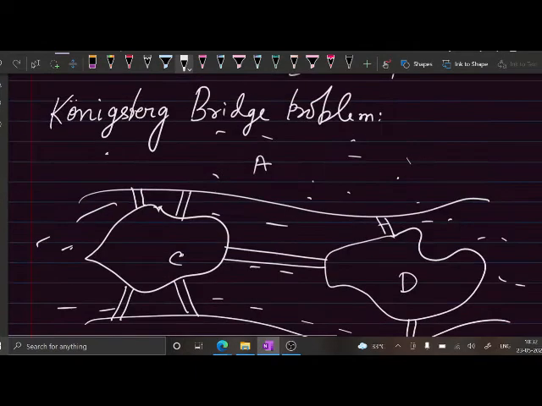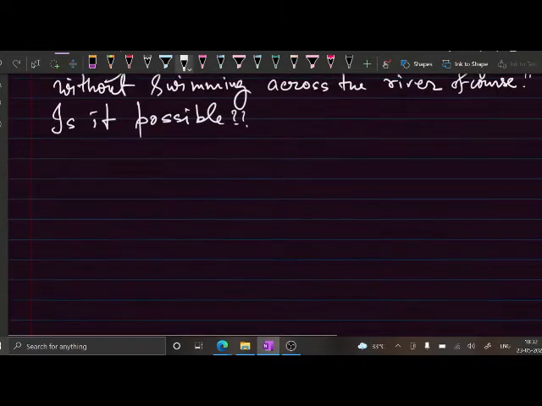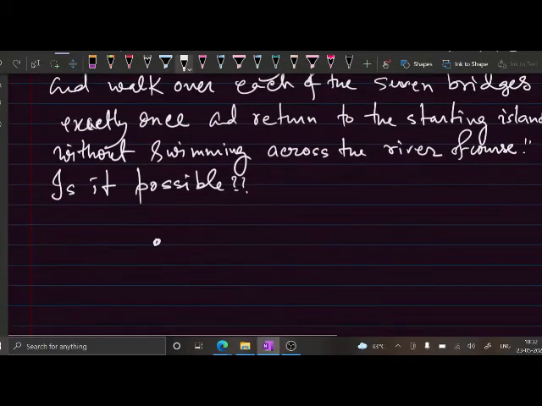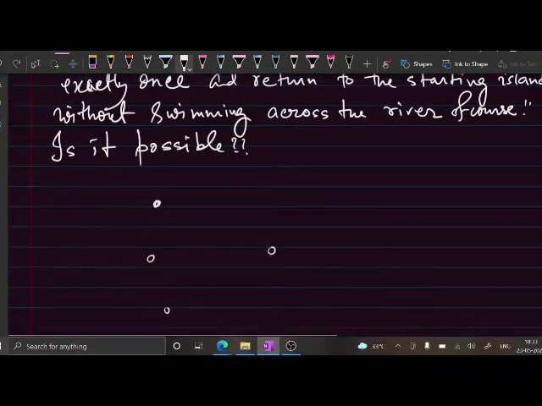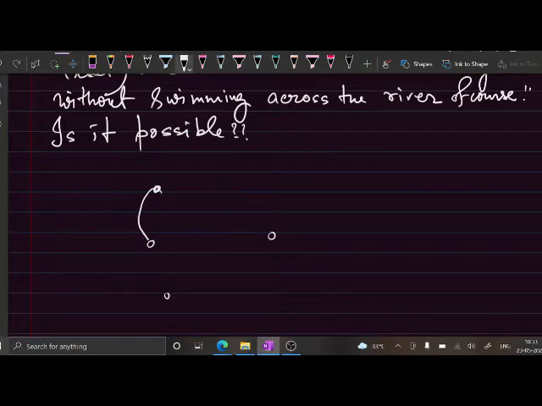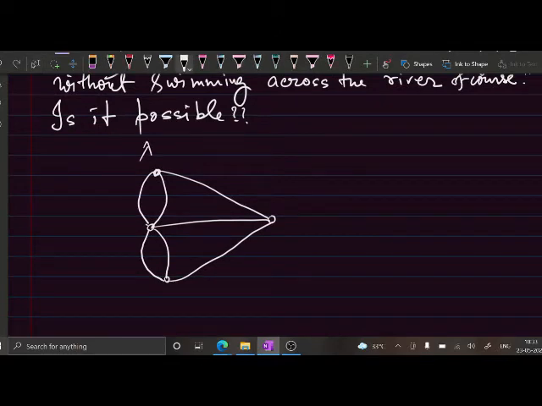So Euler, what was his thinking? That he thought that this island A can be thought of as a point. Okay, this island C can be thought of as a point, B can be thought of as a point, D can be thought of as a point, and in between these points you have connectors. Suppose these are edges. Okay, we call them edges, right? So this was the figure. Sorry, this is B and this is D. Okay, so he drew this figure,